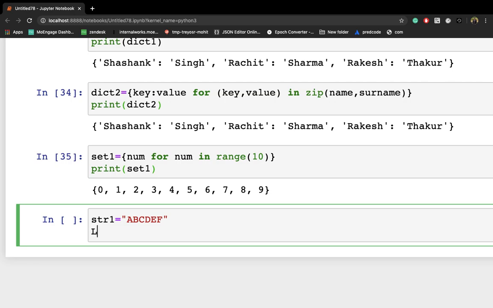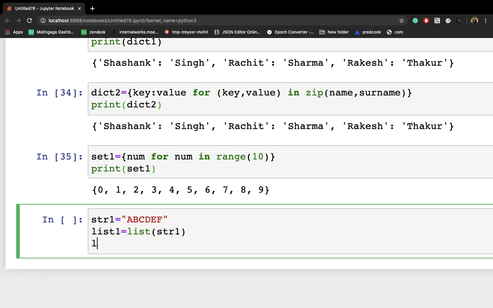Now what you can do here is, let me write list1 as a variable name, and let me convert this string to a list using the list function. So you can provide str1, right? Now let me write one more variable name, list2 is equal to. First, we'll convert all the elements to ASCII values. If you print this, let me print this first.